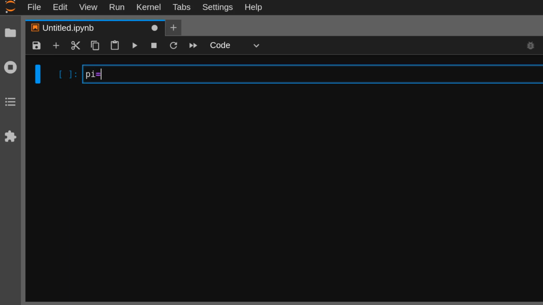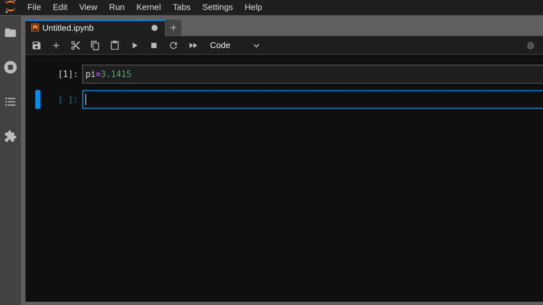I have a variable named pi, a constant, 3.1415, and I want to print the value of pi in a string. So I use print and then quotation, "The pi number is", and then plus pi. But if I use this format, we will get a type error,